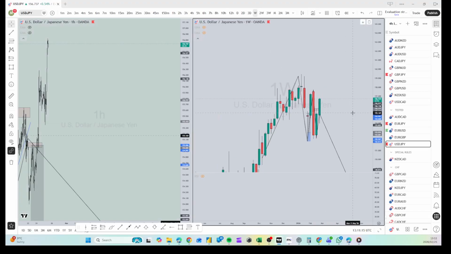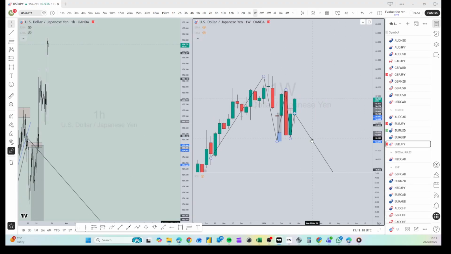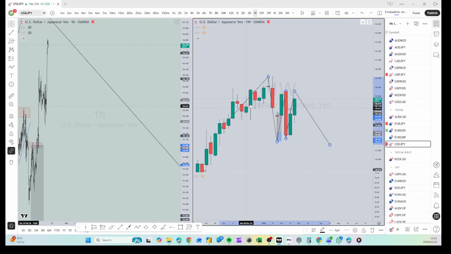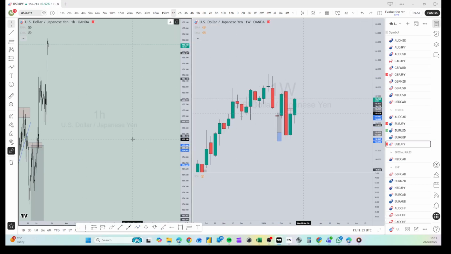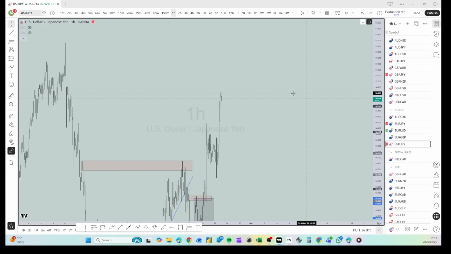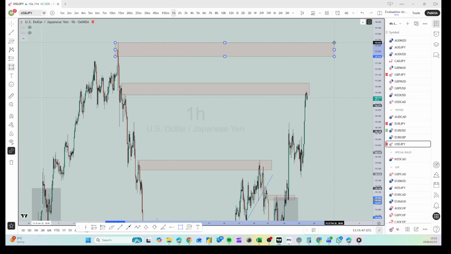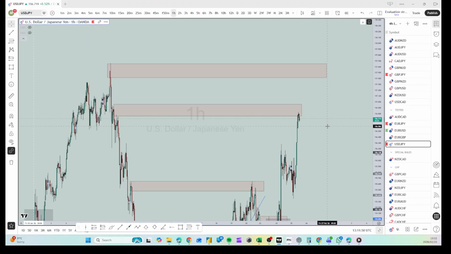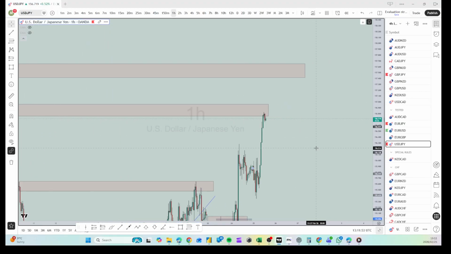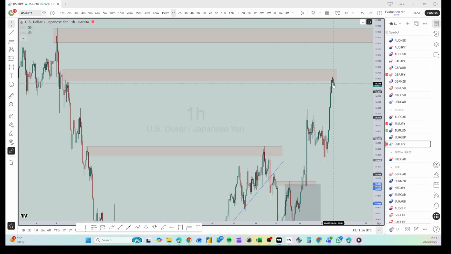and then on the dollar also you can see that we are coming right here, move, maybe we make an equal high before moving lower. So that's what I'm expecting on all of these pairs. And here you can see the levels on the 1 hour are pretty much similar. We have this level here, and then we have another one up here. I don't know which one is gonna hold. We'll just wait and react afterwards. But yeah, this is the expectation,